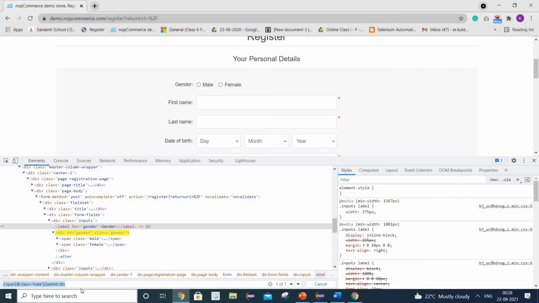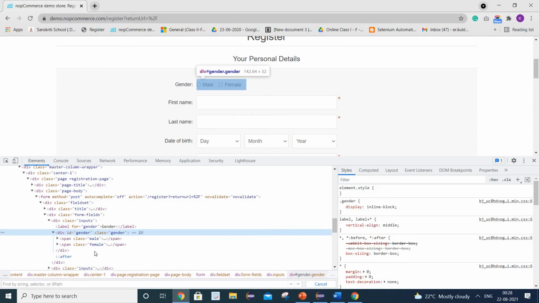Here we know that gender is the parent and these two elements, male and female, are the children. Because male and female are siblings, we will use the following sibling concept to identify the female field.